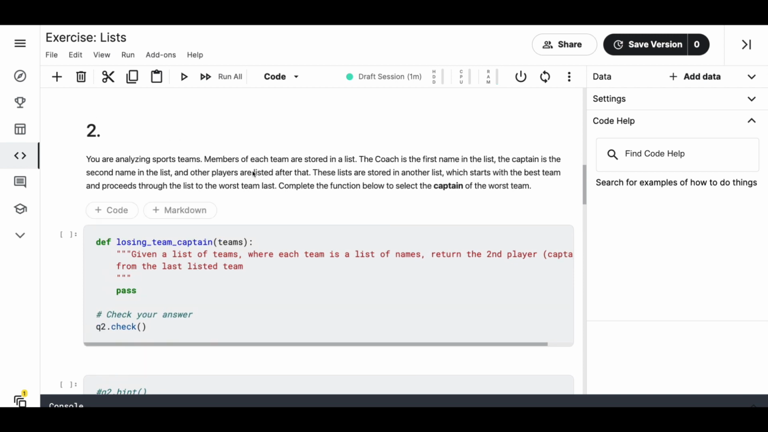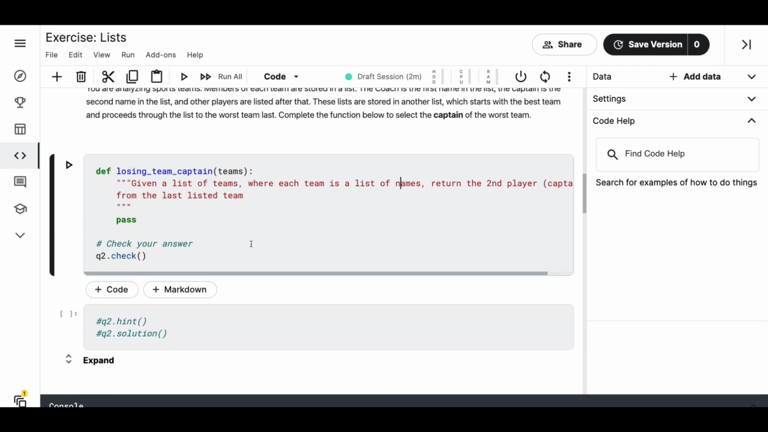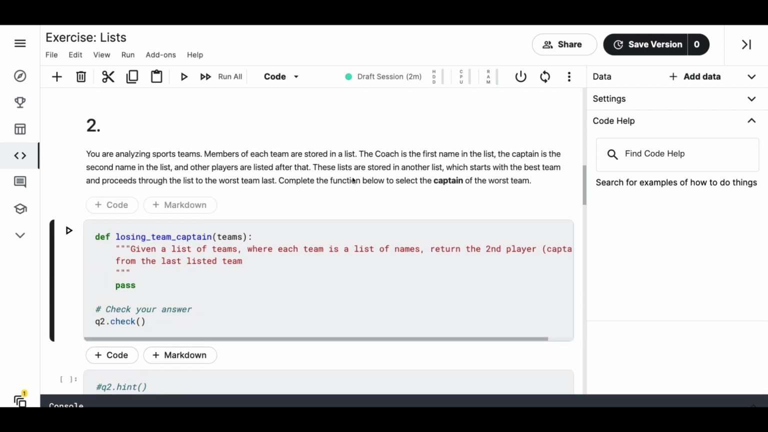Okay, so you are analyzing a sports team. Members of each team are stored in a list. The coach is given a list of teams where each team is a list of names. Return the second player, the captain, from the last listed team. Okay, now this is okay. So basically, I think they are saying that there are multiple teams. So return the last player, which means teams of